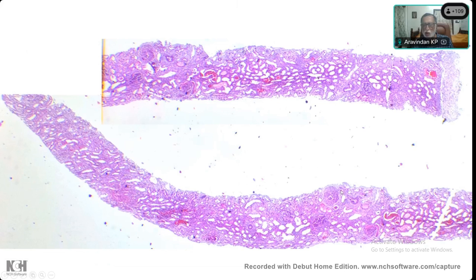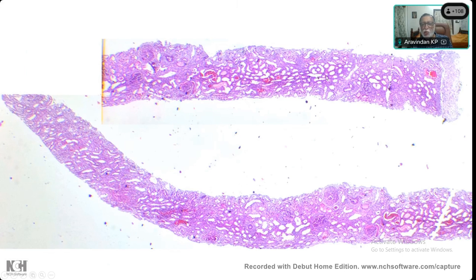And what do you think of the glomeruli? Are they enlarged? Yes, sir. The Bowman space is obliterated. They seem to be bigger, no? So enlarged glomeruli are there, yes. And tubular atrophy, there seems to be some dilated tubules. I wouldn't like to use that word because many of these things are reversible, but there definitely seems to be some tubular loss, at least temporary tubular loss is there. And here, RBC casts are there. See, look at this.